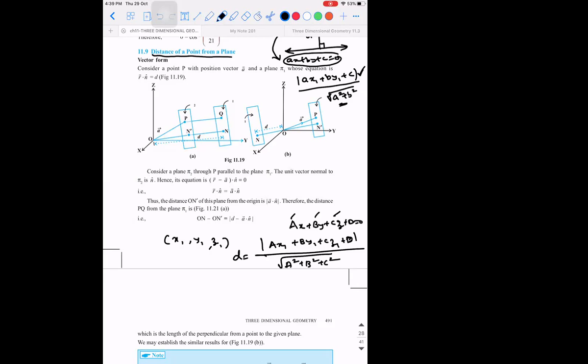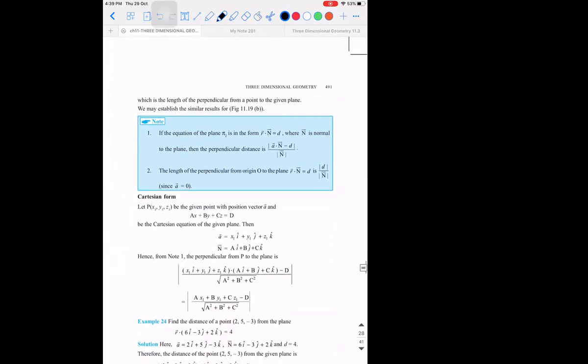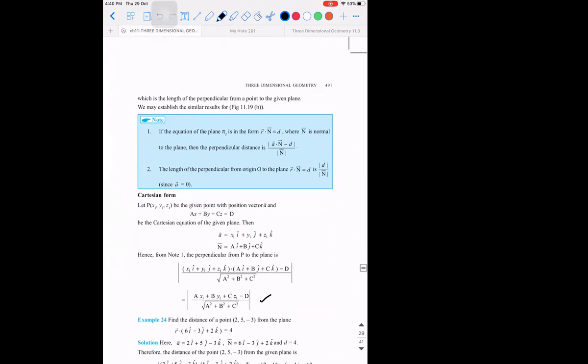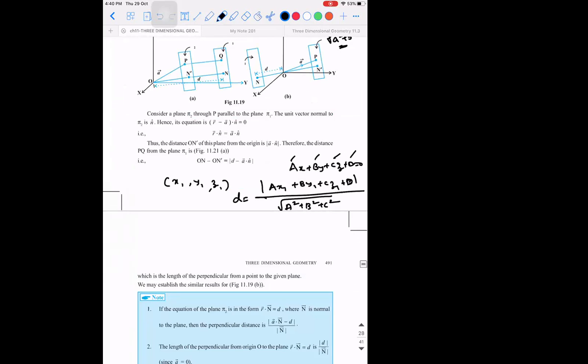So I'm not showing you the proof and all, unnecessary things. Here they have written it as minus d because they have taken ax plus by plus cz equal to d. I took it as plus d. So when you need to apply this formula, the thumb rule is you need to ensure that the right hand side is 0. That is the only point. Please make a note of it. If this formula has to be applied, the right hand side should be 0. Okay, I will apply this and show it to you.